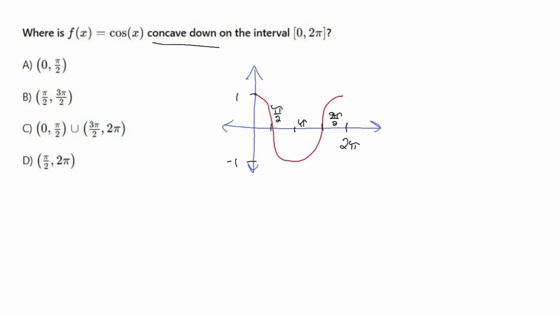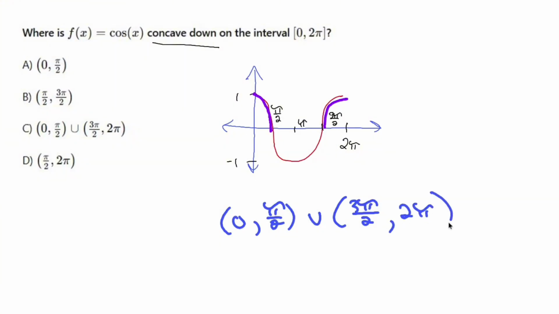So in this particular problem, it's going to be concave down between these two points. That's concave down, now you're concave up, and now you're concave down again. So those intervals, plural, are going to be between 0 and pi over 2, and also 3 pi over 2